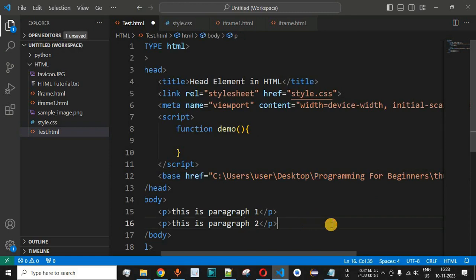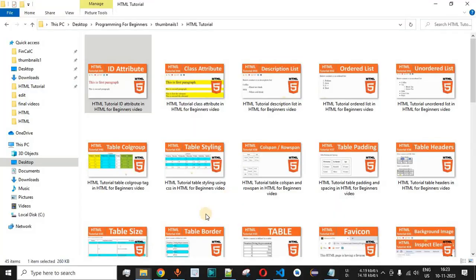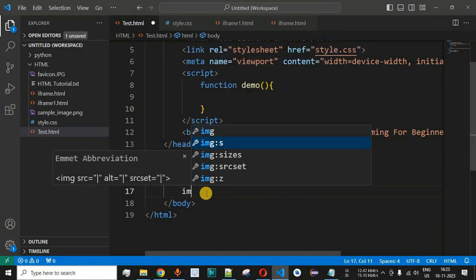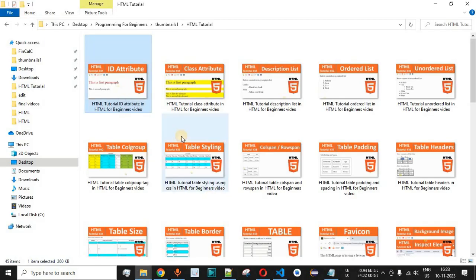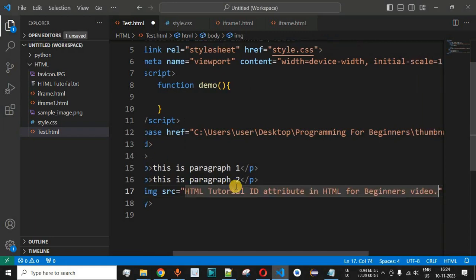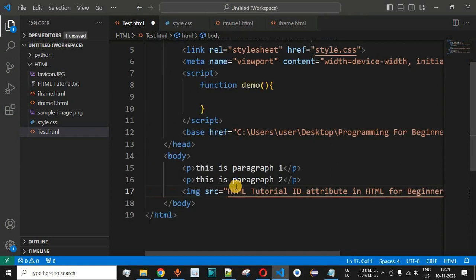Now guys, whatever images that we want to define inside the body of the web page, we can simply provide the name of that image now instead of providing the entire directory path to be displayed. So let's say we want to provide the image over here along with the source. What we need to provide is the source will be the name of this file. So simply I'll copy this name of the file, and then after that we provide the extension that is .png over here.